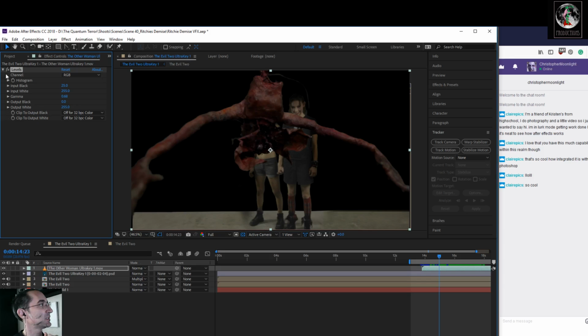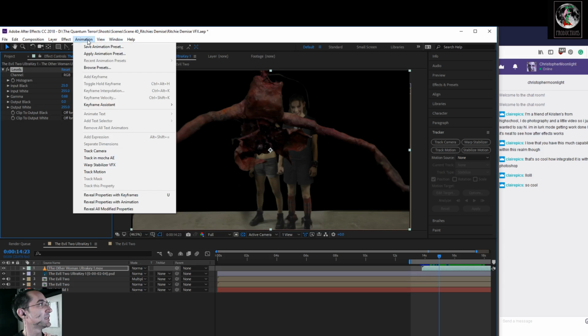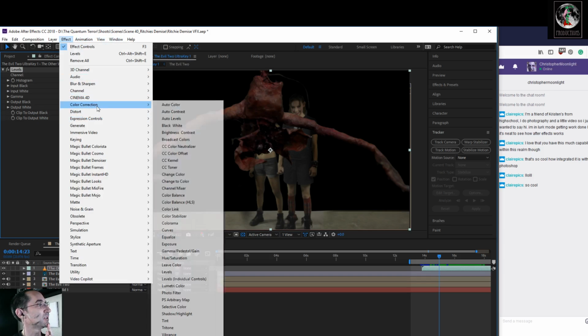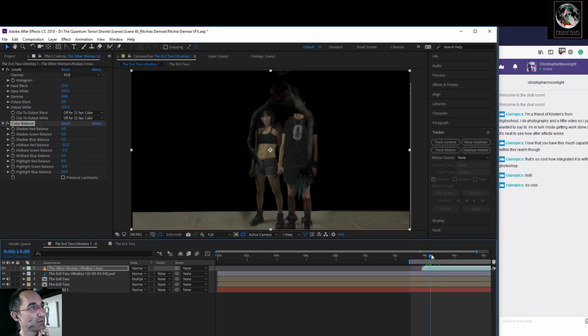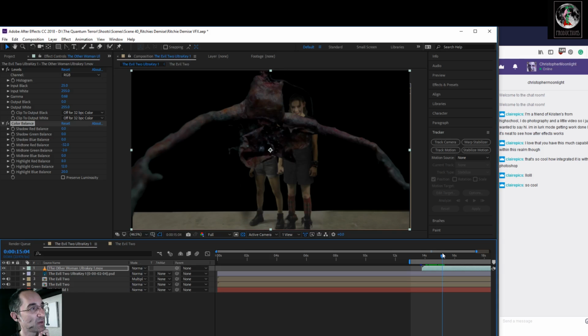So let's bring another effect into here, which is the color balance. And I'm going to start with, let's see, put some green into him, but I'm going to bump that red down. And red highlights as well. Or you know what? See, the opposite of red is green, or that's called a complementary color. So you can also bump in some green and then bump in some blue on top of that. Now you notice he's completely out of color sync with them, and we'll do some color correction on them as well.